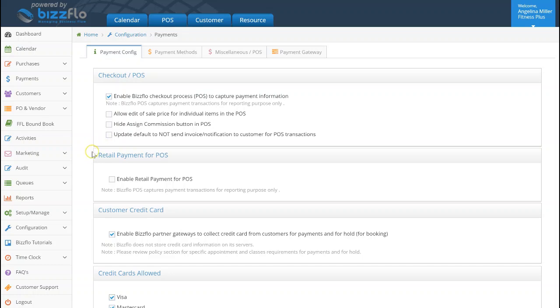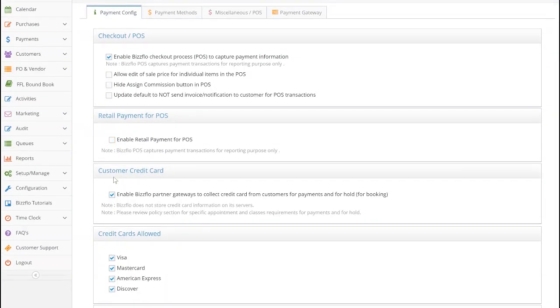Next, under the Retail Payment for POS box, you can choose to enable retail payments for the POS. You will enable this only when you have multiple gateways for e-commerce and for retail accounts. Under the Customer Credit Card box, you can enable BizFlow Partner Gateways to collect credit cards from customers for payments